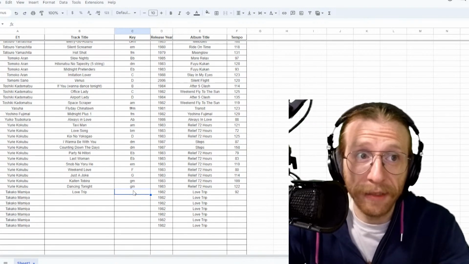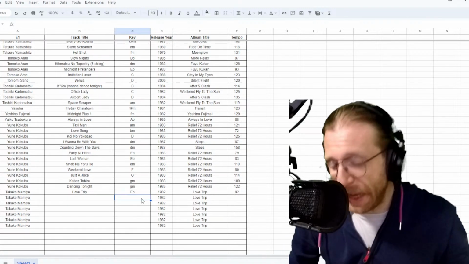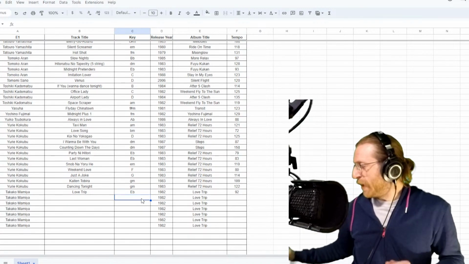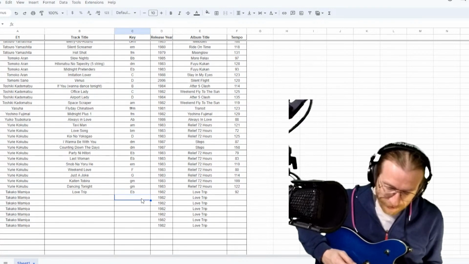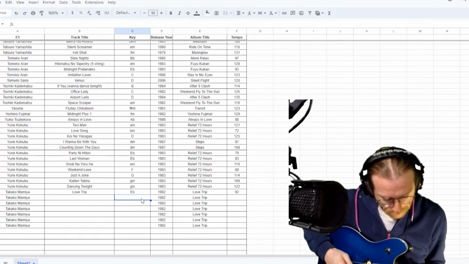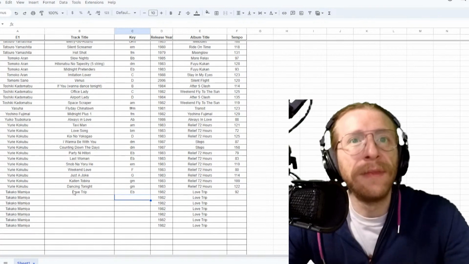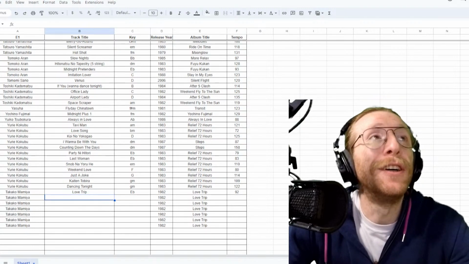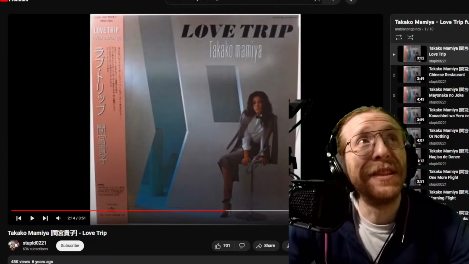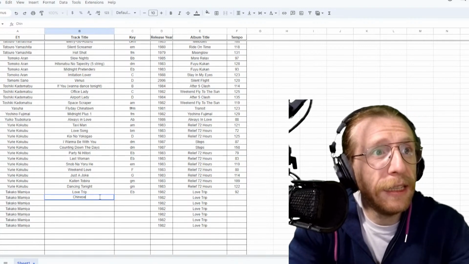E flat major. I think that's E flat major. Almost positive. Yep. It's major too. E flat major. So there's one of those weird keys that's like, I don't know about that one, but that's exactly what it is. Okay, so next one is Chinese